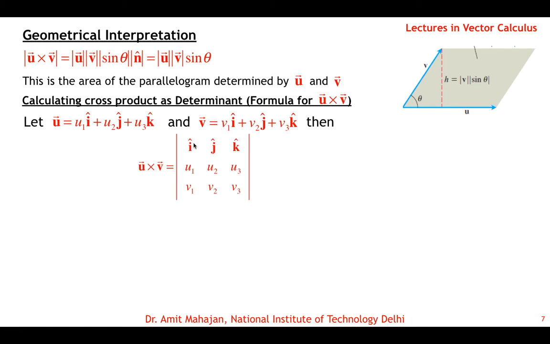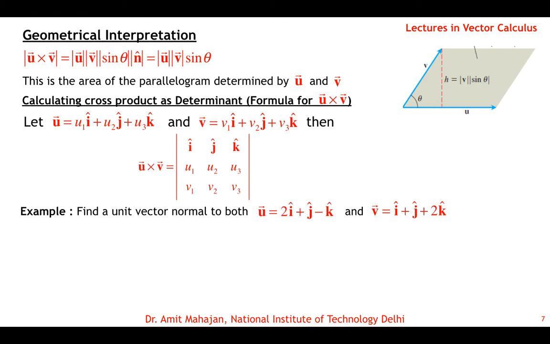Okay, so we can write the determinant, open this, and that will give us the vector u cross v, which will be perpendicular to both vector u as well as vector v. Say for example, find a unit vector which is normal to both u and v. Okay, so we know that this cross product of vectors is normal to both vectors, and so we can calculate